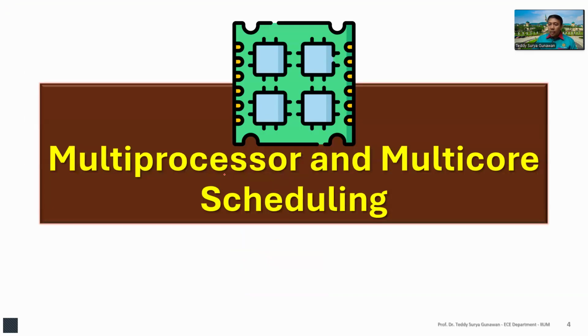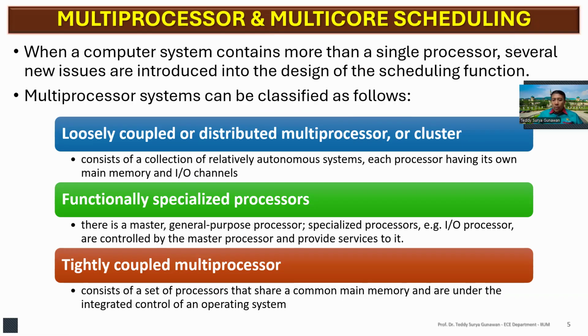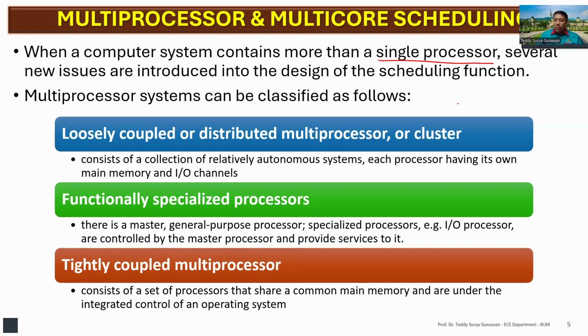Okay, so let's discuss first the multiprocessors and multi-core scheduling. As you see here, this is multi-core. We have core number 1, number 2, number 3, and number 4. Okay, so let's see the background first. When a computer system contains more than a single processor, several new issues are introduced into the design of the scheduling function. So previously, if you have only one processor, then if you remember the queue, the 5-state process model. Okay, so we have